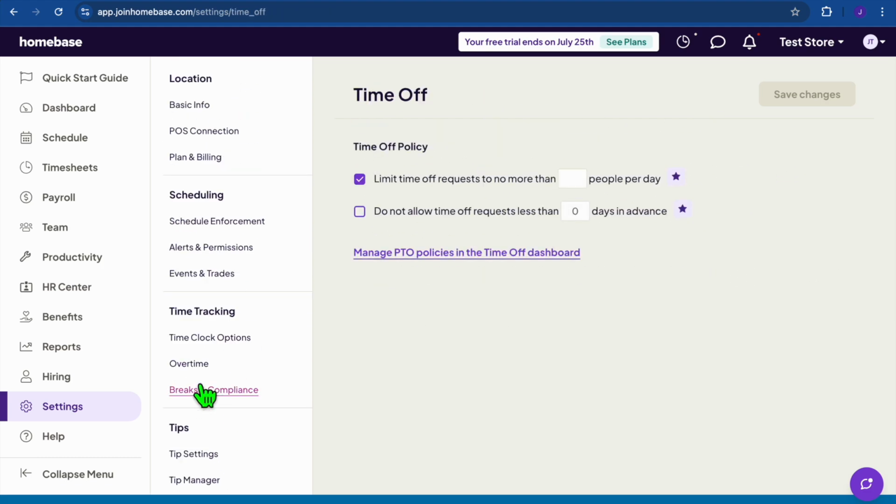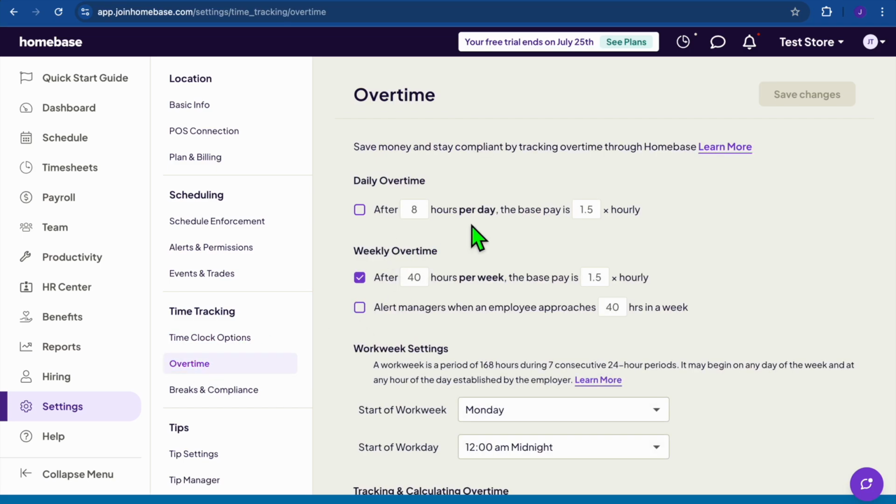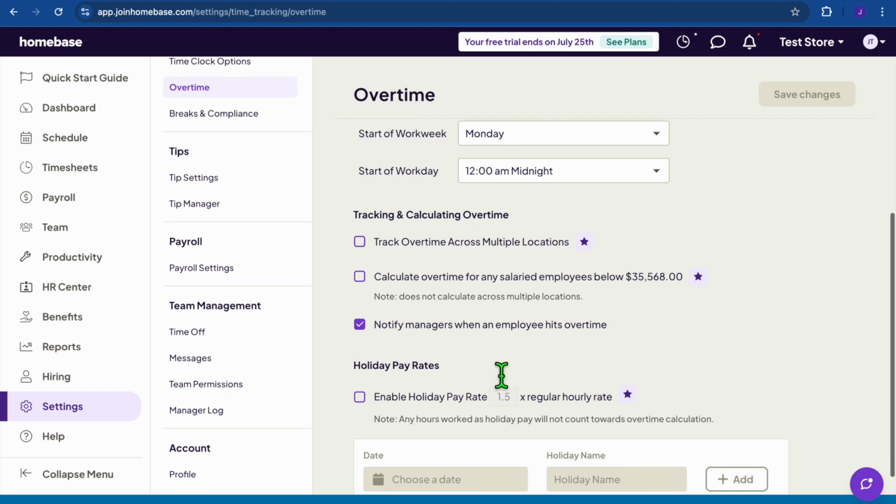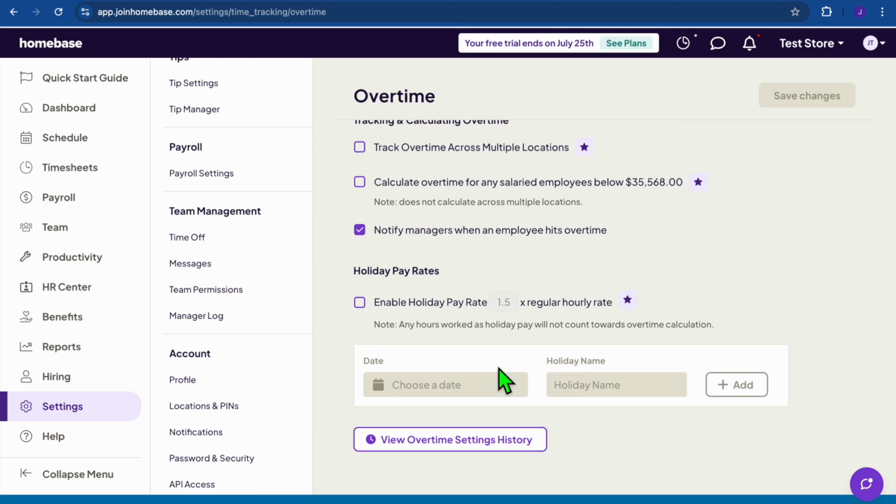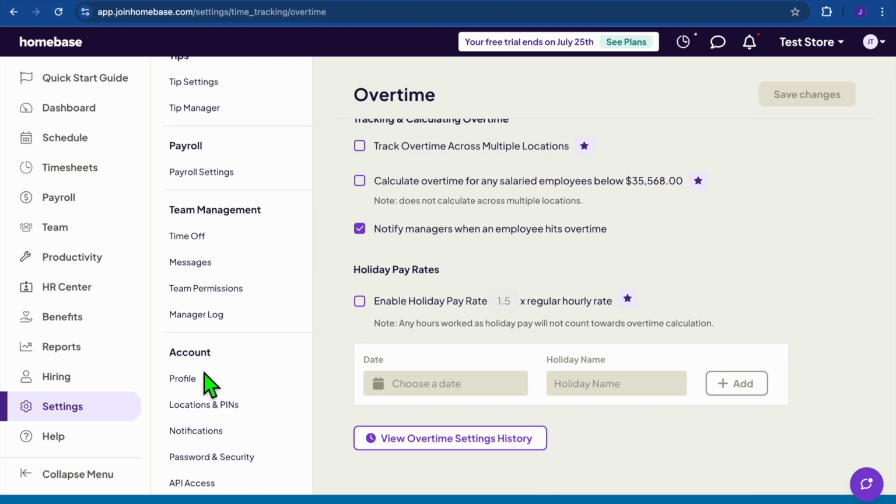And talking about time off, if we were to select time off from the left hand menu option, you can set up time off policies, as you can see right there. You can also set up overtime policies, and all of this information you can quickly customize to your liking. And if you like to further edit it, you can do that in settings. And that's basically it when it comes